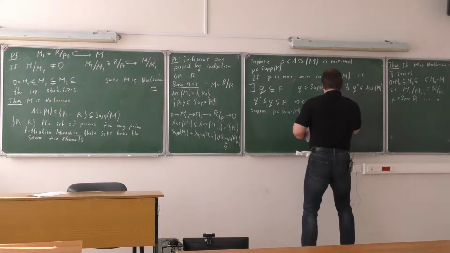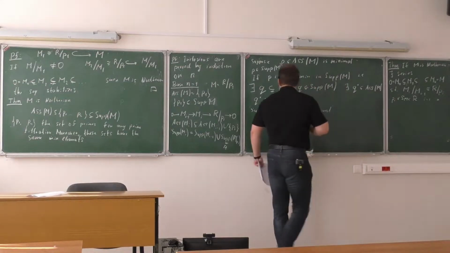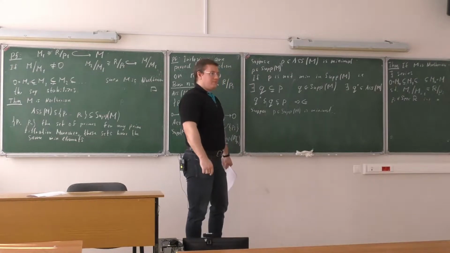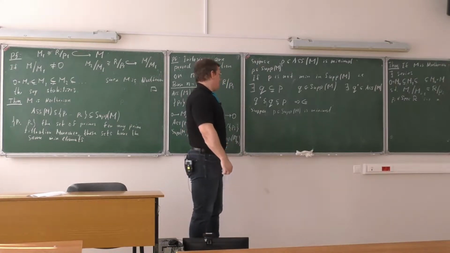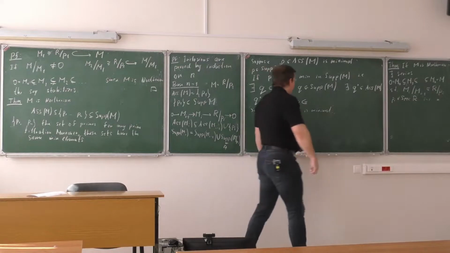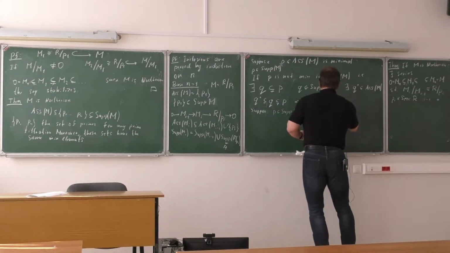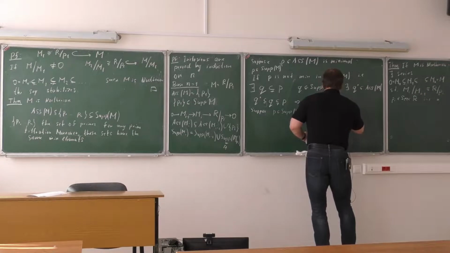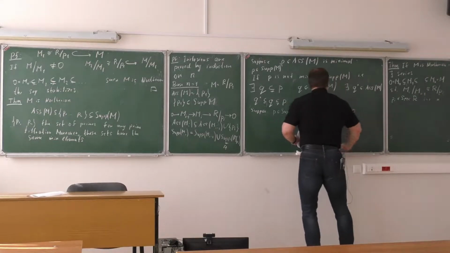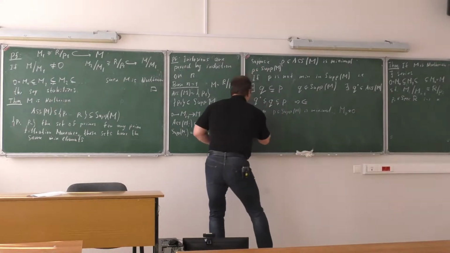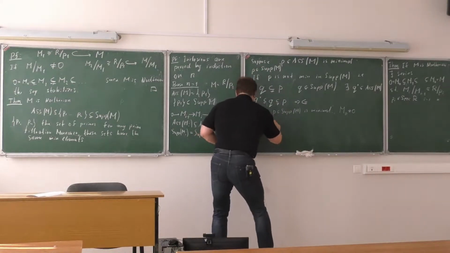Okay, so isn't it obvious that this minimal associated set, since associated is a subset of support? Yeah, in a way it's obvious, but I wanted to be a little bit more precise. I wanted to say that M_P is not a zero module, since this is in the support, right? So then the set of the associated primes